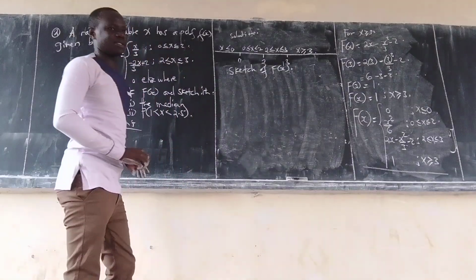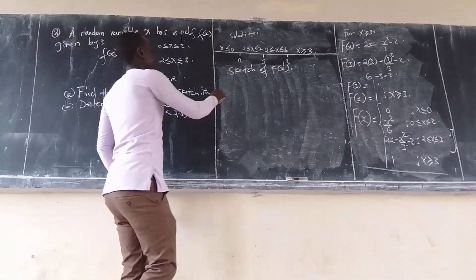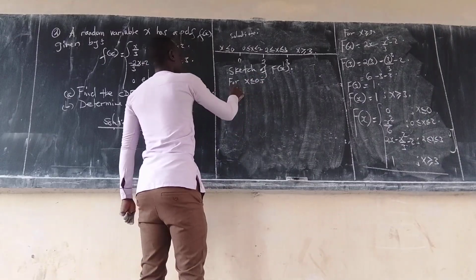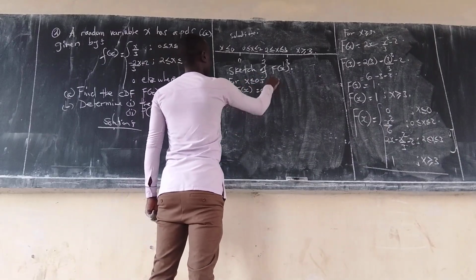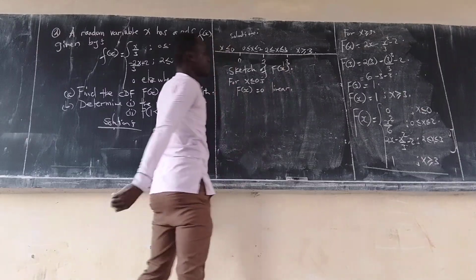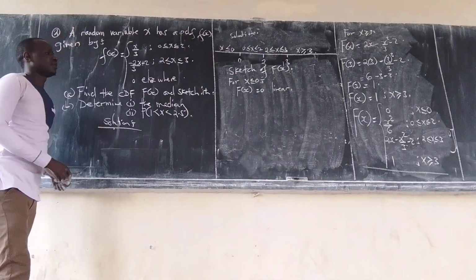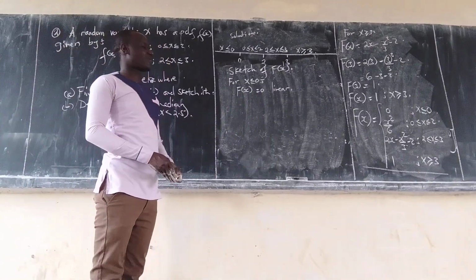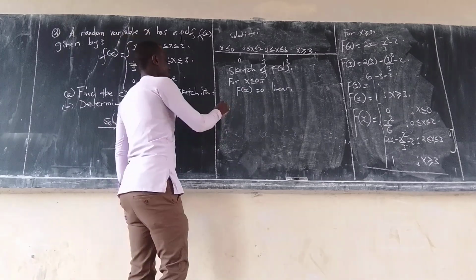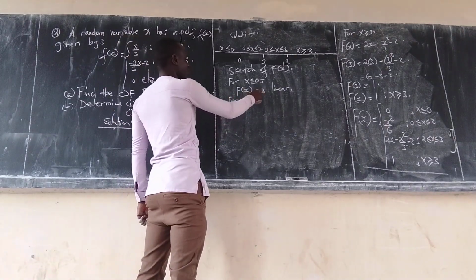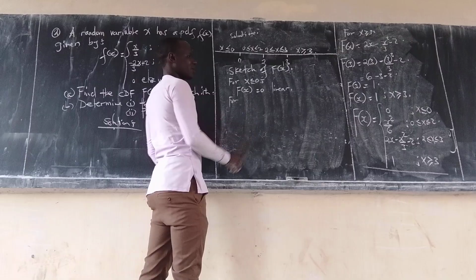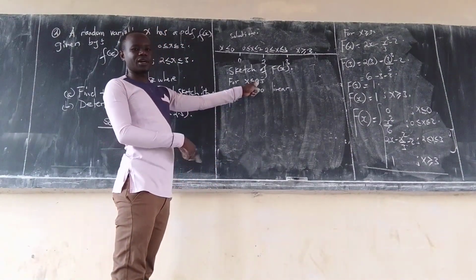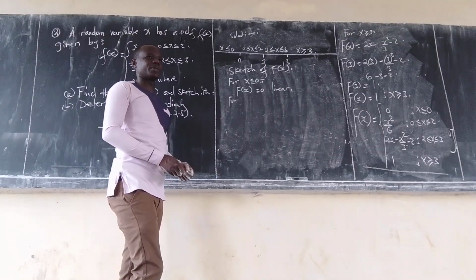This is now for the sketch of capital F of x. You begin with the first interval, and you say for x less than or equal to 0, capital F of x is equal to 0, which is a straight line, because capital F of x is equal to a constant. You go for the second one. Why have we just said it's linear? Because we have only one x value. So we shall only consider x values up to this, and we draw a straight line until we reach